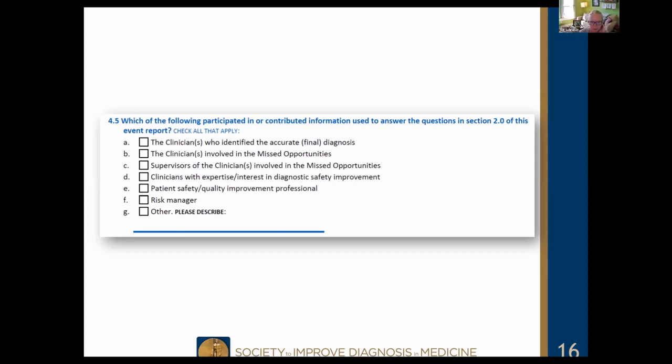That's a great question, and Jerry, I don't want to creep into your lane because you're the expert in this field, but just to follow up on that question, that's despite the fact that we know there are significant racial and ethnic disparities in diagnostic quality. SIDM just is wrapping up a project in that space. So definitely a really key category to look at. Excellent. Thank you for that.